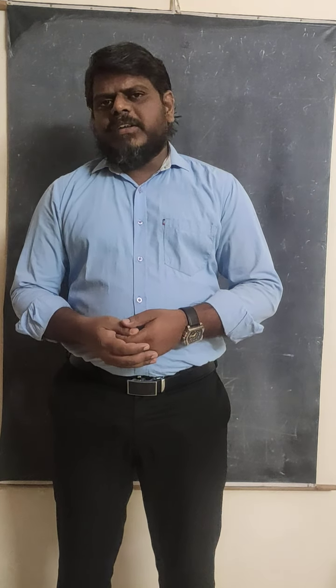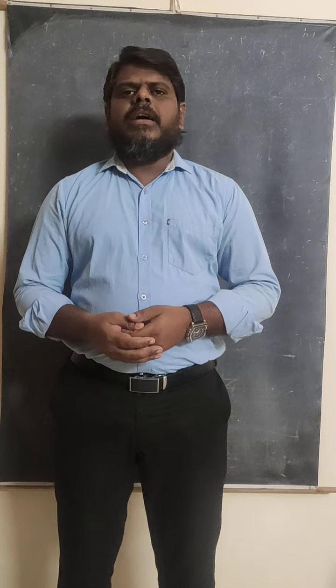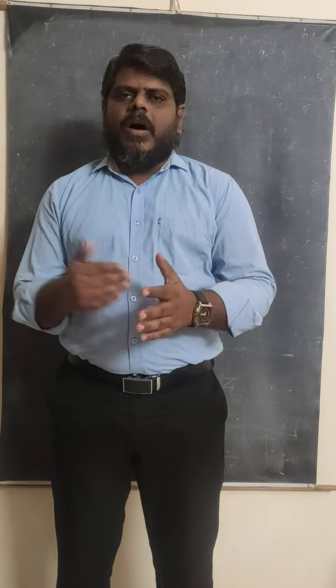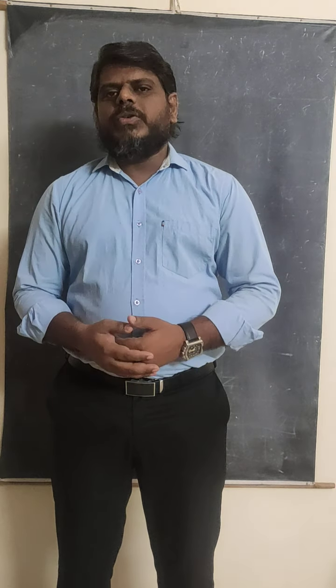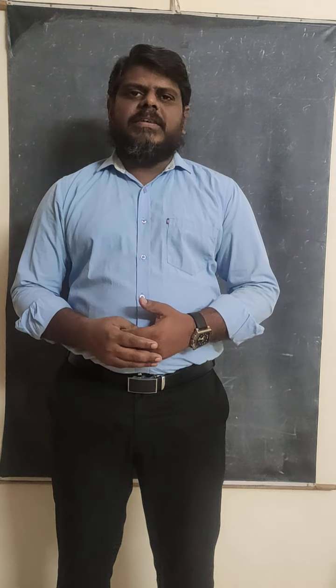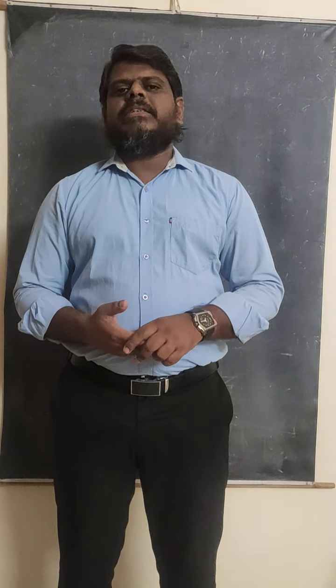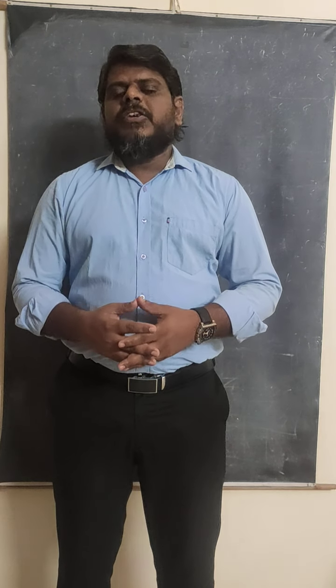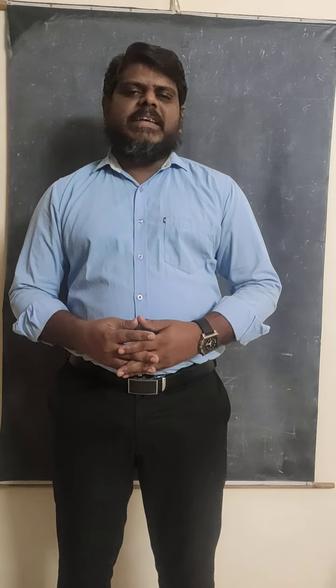Before discussing the spherical aberration, a few concepts are very important. In earlier classes we have already discussed that the rays of light coming from the object are classified into two types. One is called the marginal rays and the other is called the paraxial rays. I hope you remember these rays because in many derivations we use the paraxial rays. So first we are going to discuss the paraxial rays.